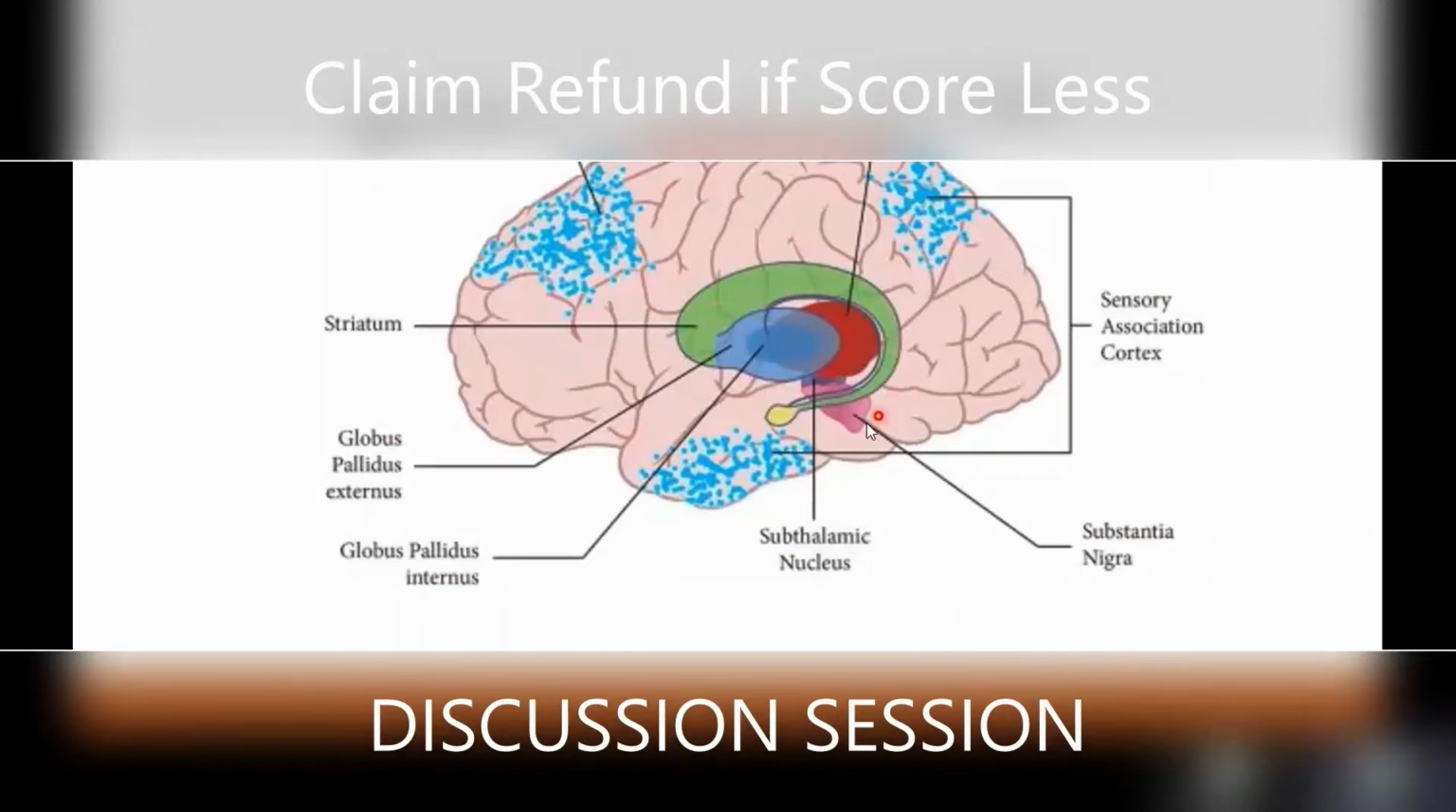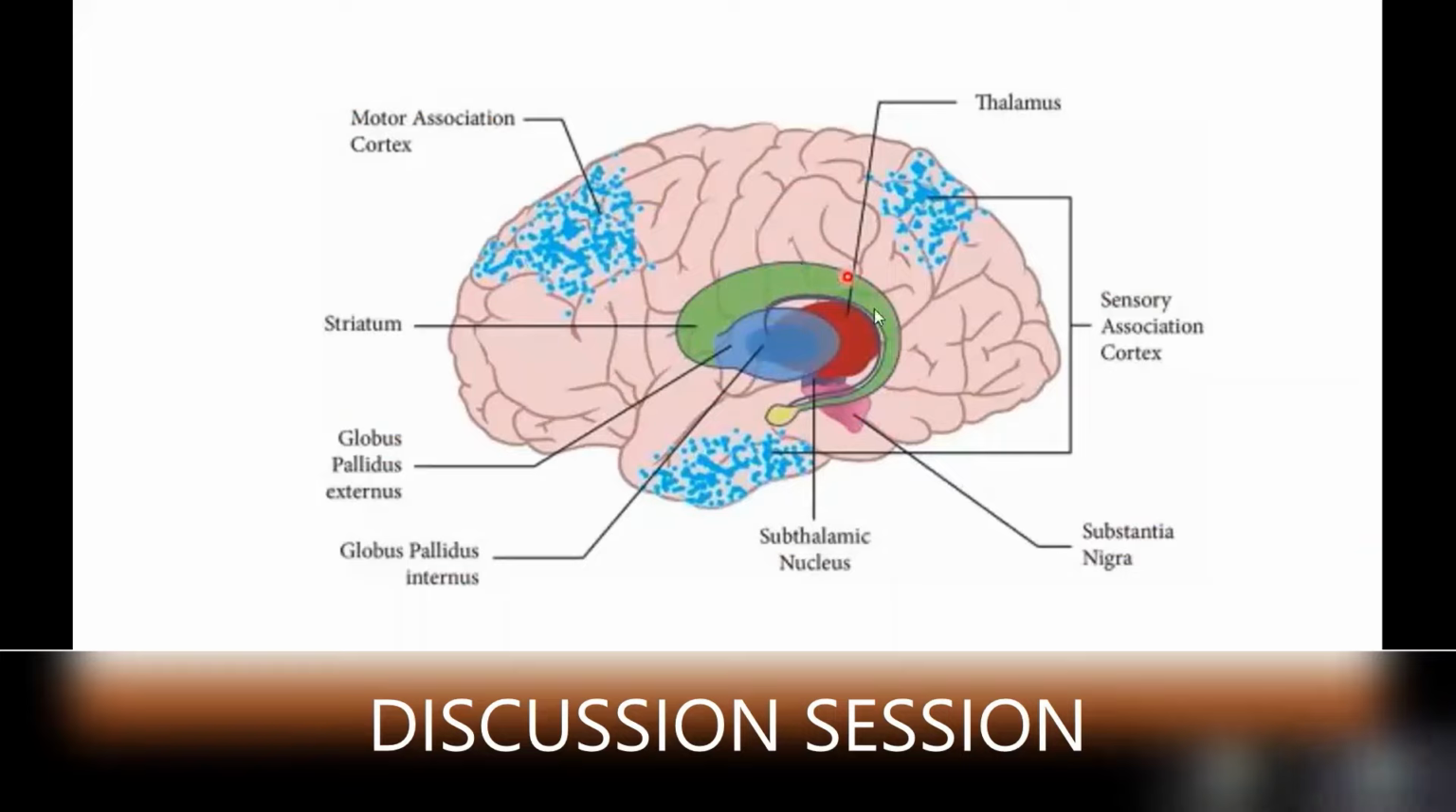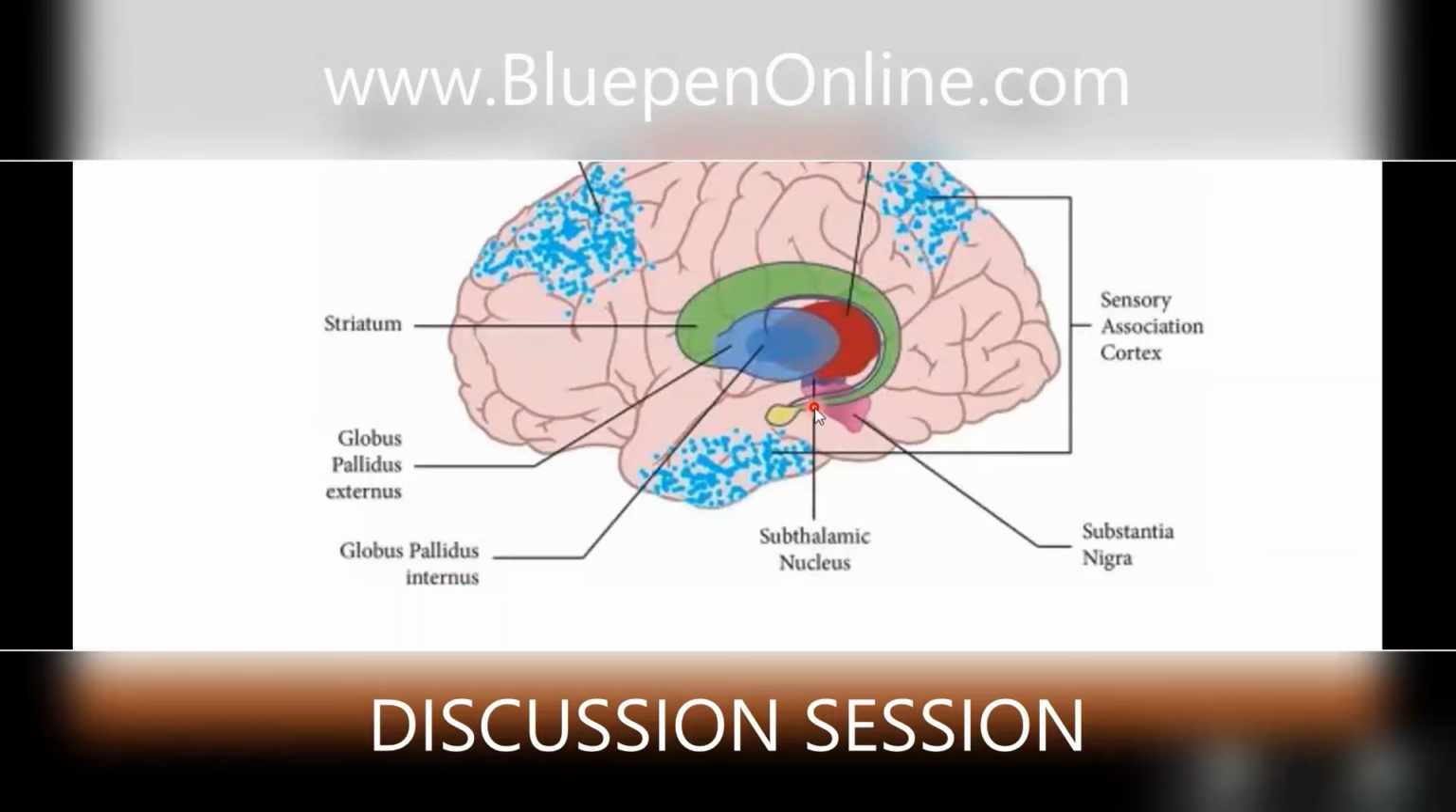So this entire mass forms the basal ganglia, and this green part is the corpus striatum with the caudate nucleus. Then comes substantia nigra, which is the